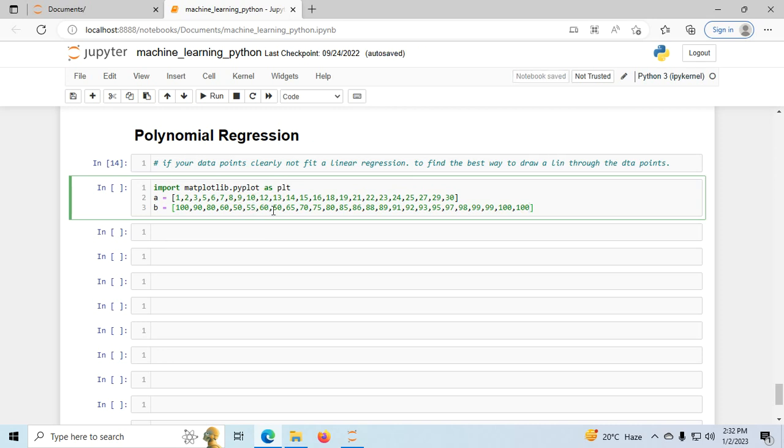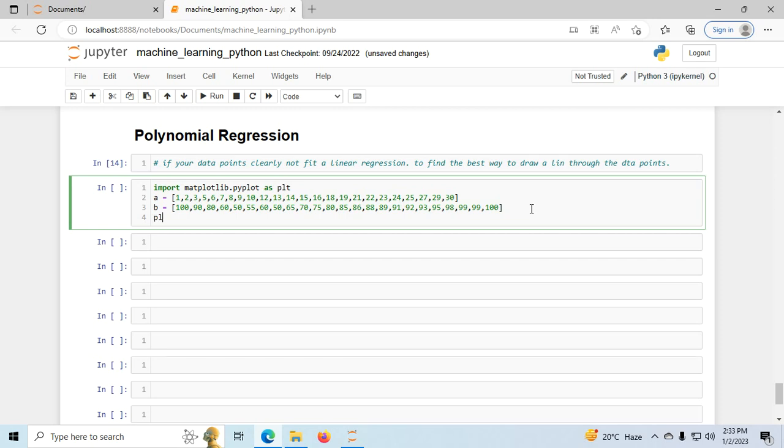Suppose 3 6 9 12 15 18 21 24. We are removing some values so that it will work. So now a is 3 6 9 12 15 18 20 and 24, and both have the same count, 24 and 24. Now suppose plt dot